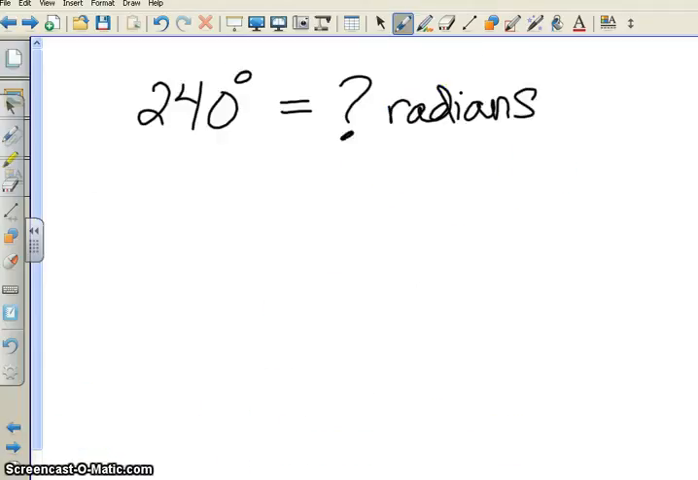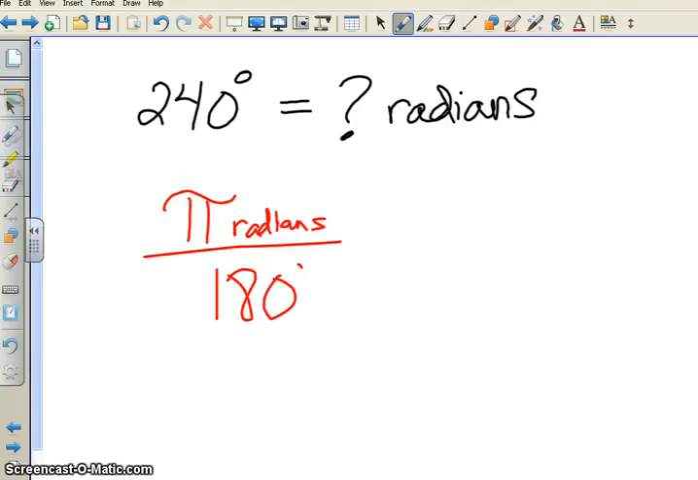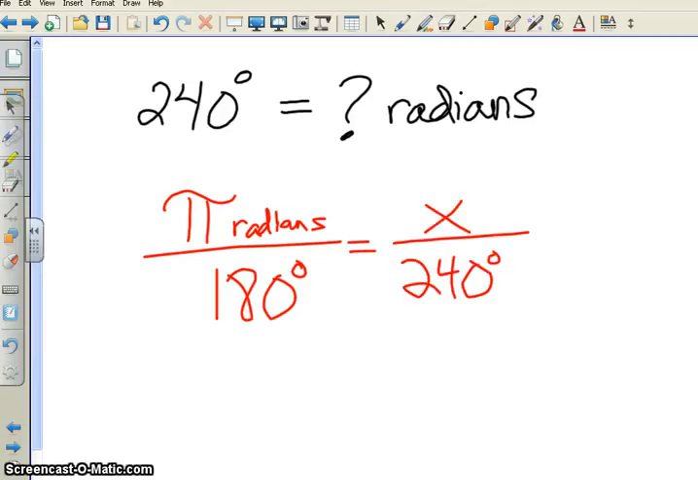Let's continue using that 240 degrees. Let's say I want to know how many radians that is. Well, you have to know that there is pi radians in 180 degrees, so I can just make a proportion. And I'll cross multiply. If I want to leave this in terms of pi,